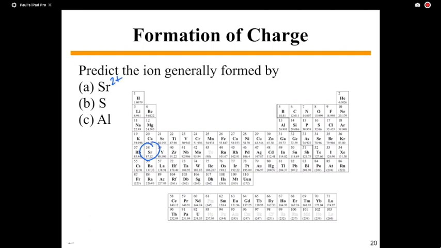What about sulfur? It's right here. It has 16, right? What is its closest perfect number? 18, right? Argon. So to get to 18, it has to do what? It has to add 2 electrons, which becomes a 2 minus, negative 2. The last one,